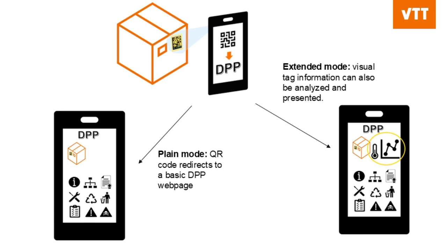Because SmartTag in many cases operates as a data carrier for digital product passport, the compliance with eco-design for sustainable products regulation is of utmost importance. Based on the regulation, DPP data must be accessible via open web standards. Anyone should be able to scan a QR code with a standard device and instantly view the product's information without